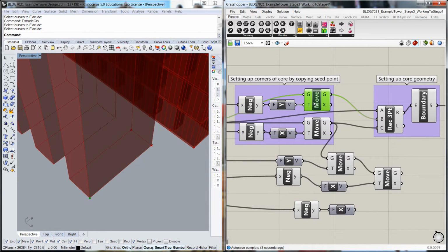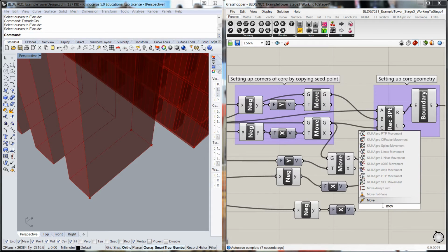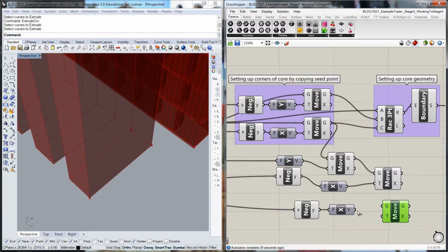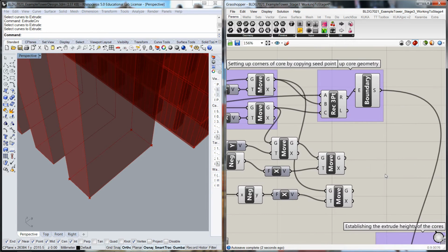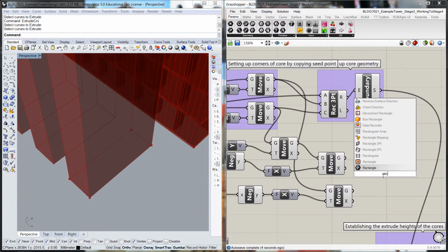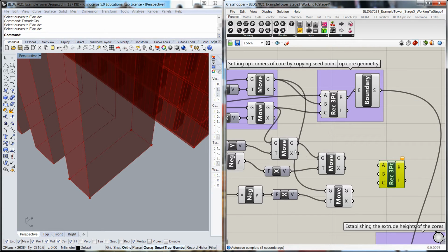And where's our point again? There. So we'll do a move through there, the translation vector. Oops, there's our point, drops into there, and hopefully if we get a rectangle from 3 points, we'll start with